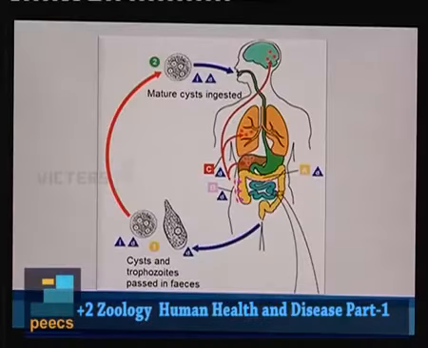You can see the life cycle picturized here in this slide. In this life cycle, it is very clear the cyst and trophozoites are passed in the fecal matter, and the mature cyst will be ingested by that person, and that is how infection happens. So, the infective stage is the cystic form, and further it will enter and cause disease here. You can see here, this is the large intestine. So, in this portion you can clearly see it is affecting the tissues over there.